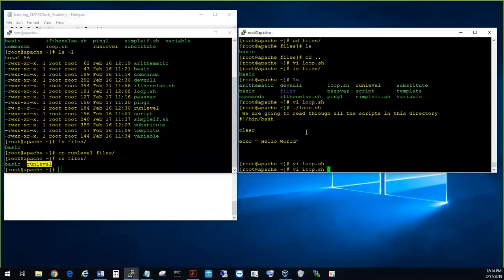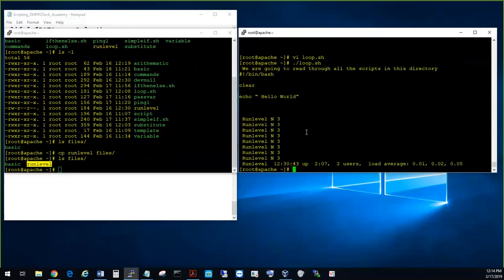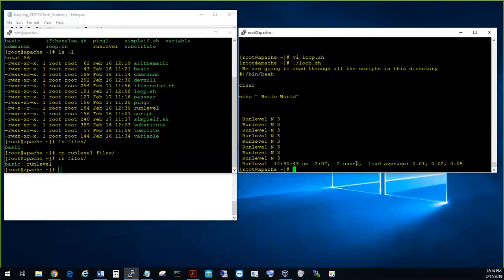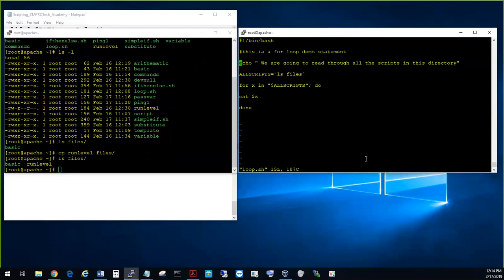Exactly. Why is it running two files? See, this is a basic file and this is a run level file. You choose the files, you name it. We are telling it to do it here. We are controlling everything in here. We are telling it to do it here. If you would have said something else,